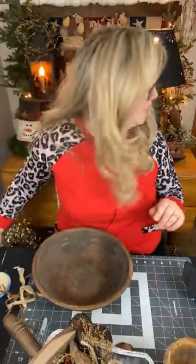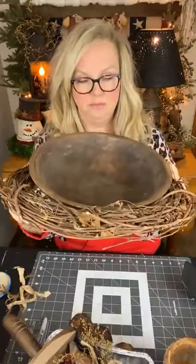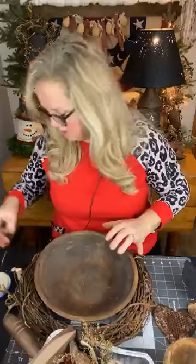Okay, got so many things scattered around me, you guys. This is kind of how my brain works when I go to staging it. I like to take a rustic grapevine wreath, and I set my wooden bowl down in it like so. You can tilt it kind of like that. Now, if I had a whole batch of these hearts, you'd get the full effect. It would be amazing. I don't have a full batch of hearts ready to go yet, but I will be